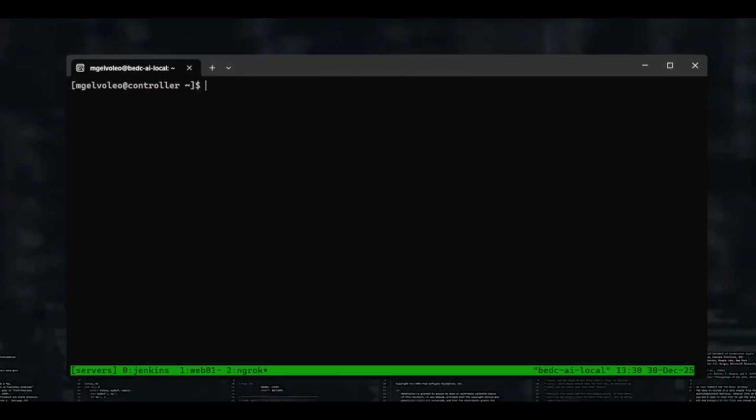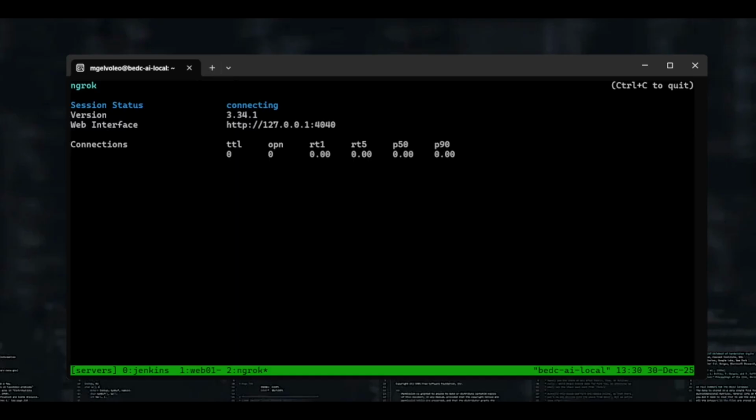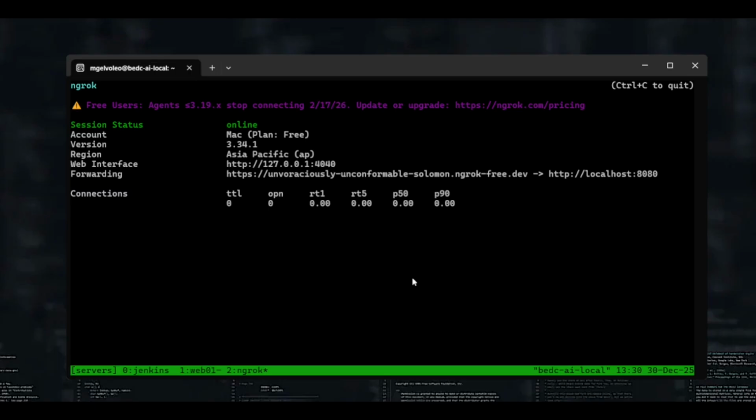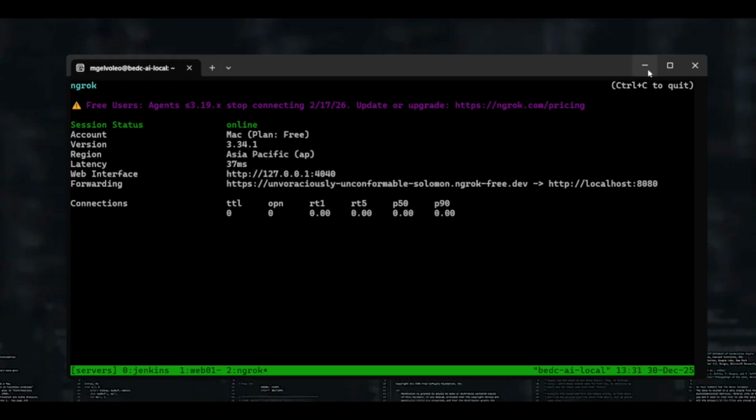For ngrok, to run it, ngrok http 80. This is the port of Jenkins. That's why we didn't trigger to get the updated code from GitHub. Since it's already running now,